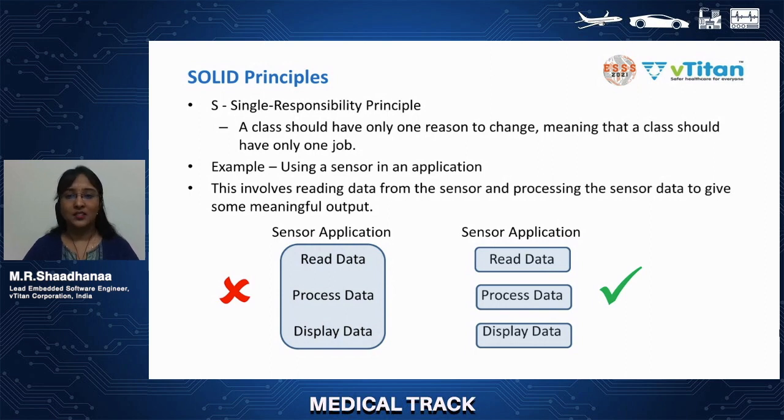So why do I need such a principle, and why does my code have to go through this? It's because we have a lot of benefits here. I'd like to list a few. The first one is code reusability. Let us consider the read data and display data modules. Every sensor has to be read, and obviously we'll be displaying the information. Suppose we use the same sensor across products: the process data could vary based on the application, but the reading part will not change. So this could be used across products.